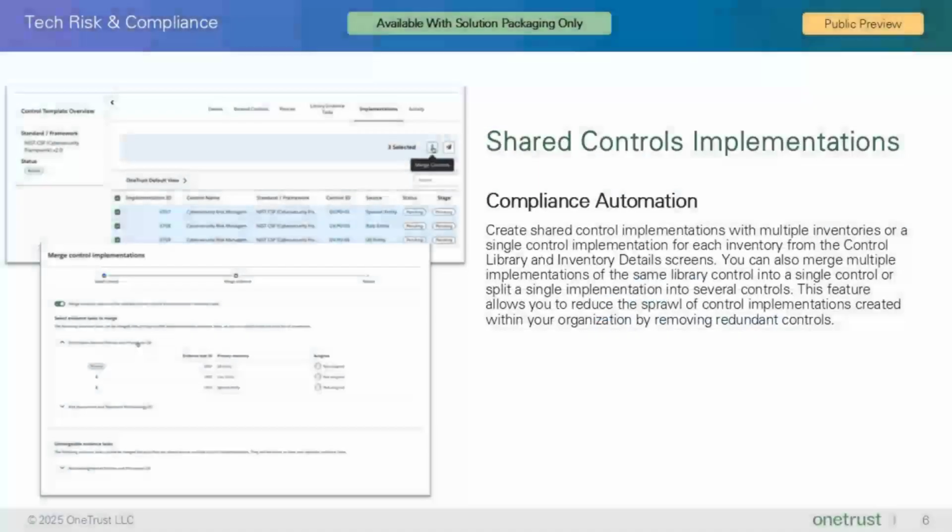Now let's look at the Shared Control Implementations feature. With this feature, you can create shared control implementations with multiple inventories or a single control implementation for each inventory from the control library and inventory detail screens. You can also merge multiple implementations of the same library control into a single control or split a single implementation into several controls. This feature allows you to reduce the sprawl of control implementations created within your organization by removing